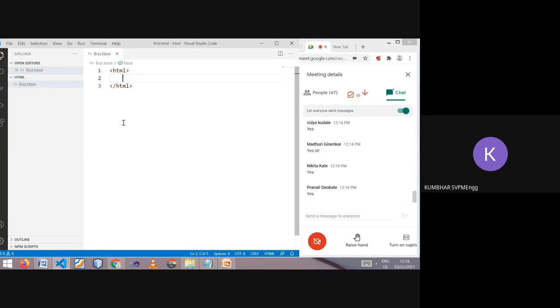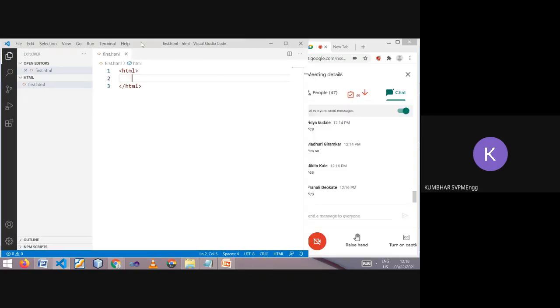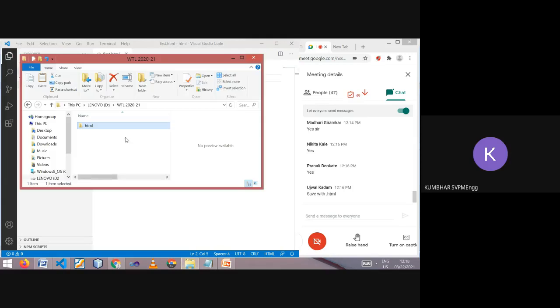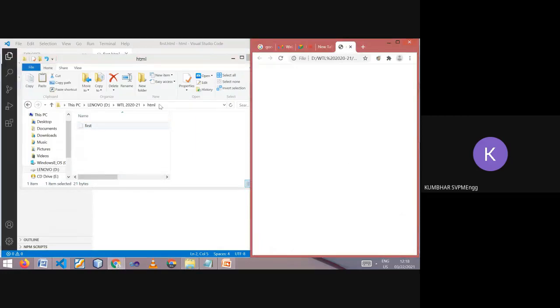Now how to run this program? Let me clear it at the first step itself. When you are talking about HTML, suppose I go to this folder in the drive, right click and say open in browser. You can observe that the page is open here.